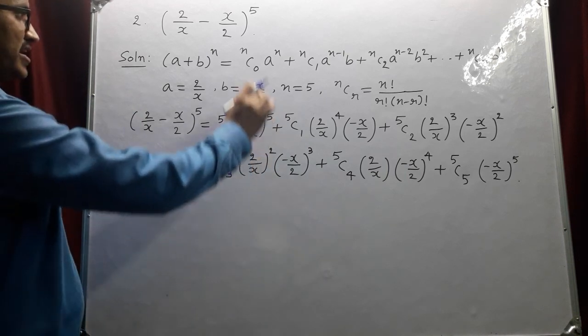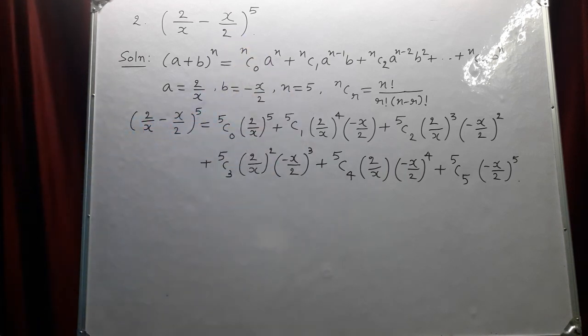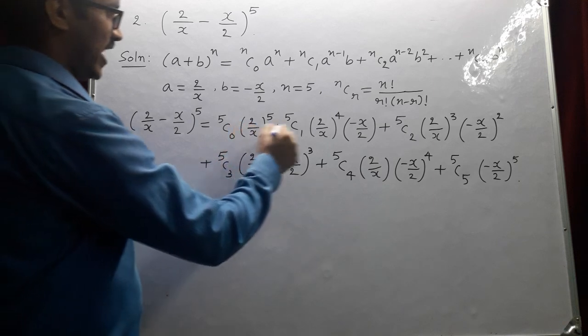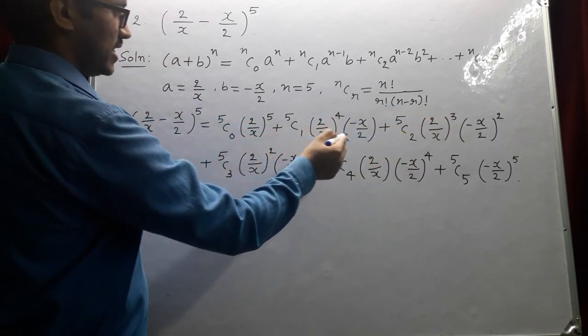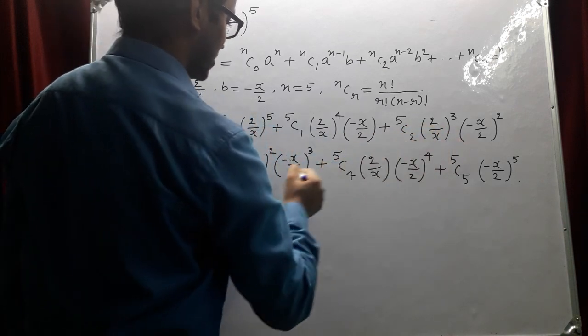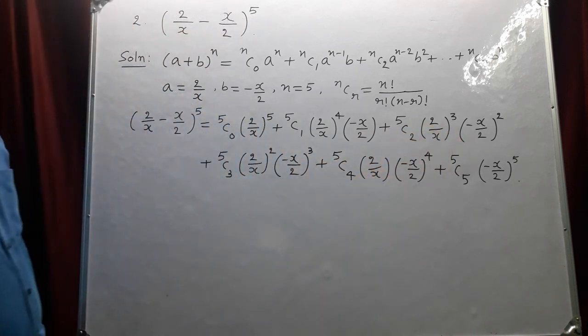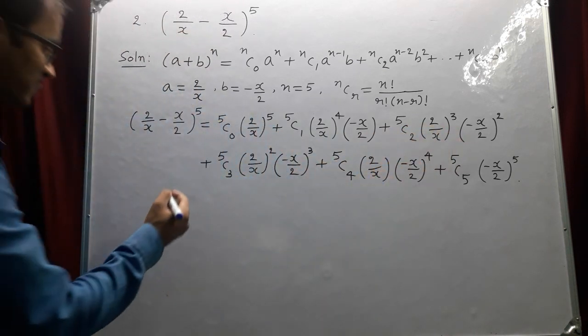So we have expanded by using the formula. So power of a is decreasing by 1, power of b goes on increasing by 1. Now if you simplify this one,